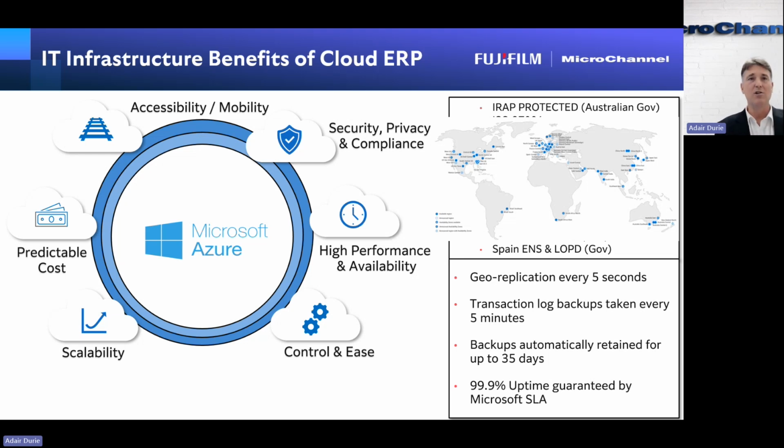So the most amount of data you could lose in the case of, let's call it a catastrophic failure, a bomb dropping or a bus hitting, whatever it is, is 5 seconds. And your backups are taken every 5 minutes. Your backups are retained up to 35 days. So all of that backup infrastructure is being taken care of for you easily. Microsoft is guaranteeing the uptime. And as Floyd, when I introduce him, will show you, your cloud provider will know if there's an issue with your system in terms of performance before you do.